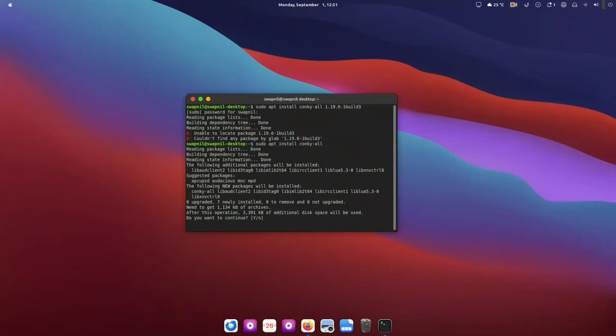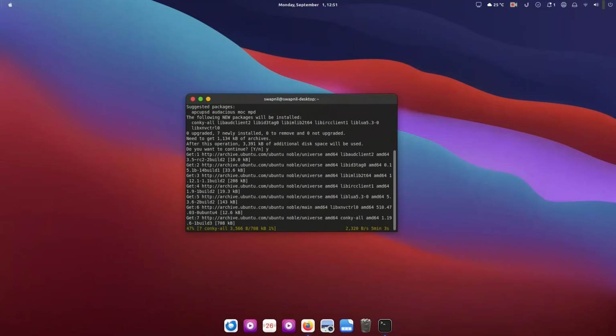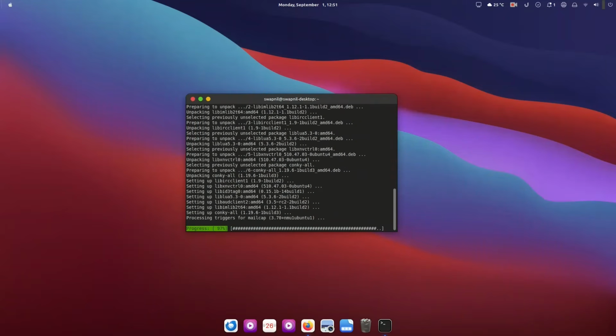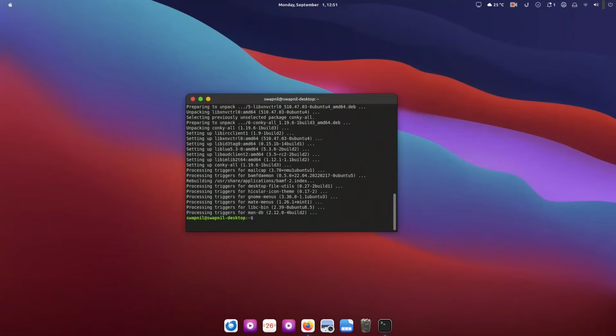You can choose from hundreds of themes and layouts, so your Conky setup can be simple or as fancy as you like. Having system information always visible is not just practical, it also makes your desktop feel more